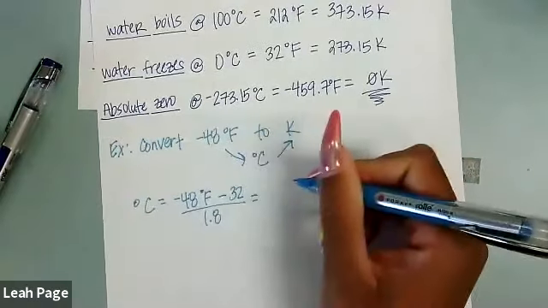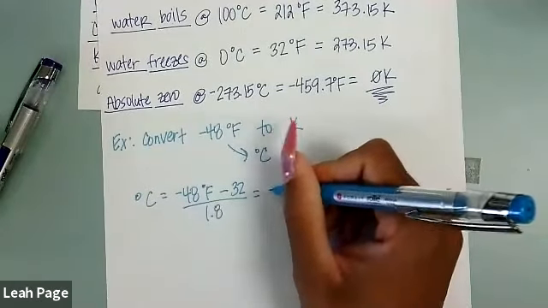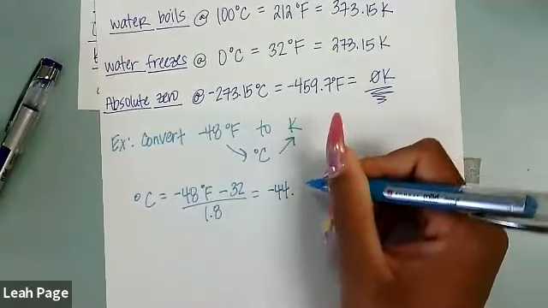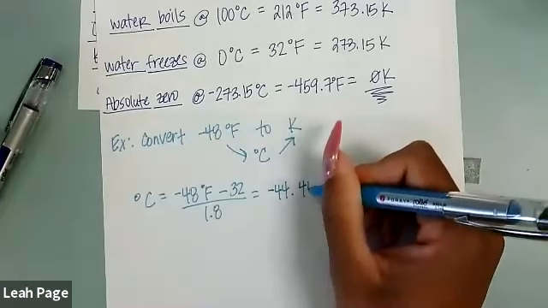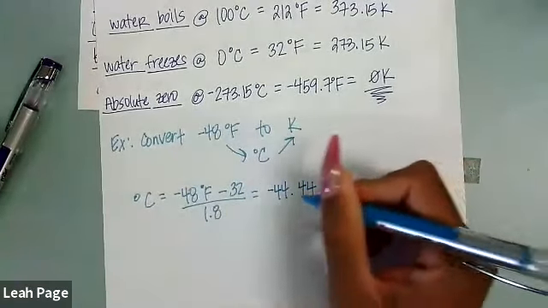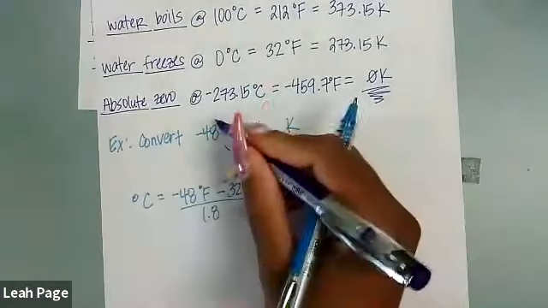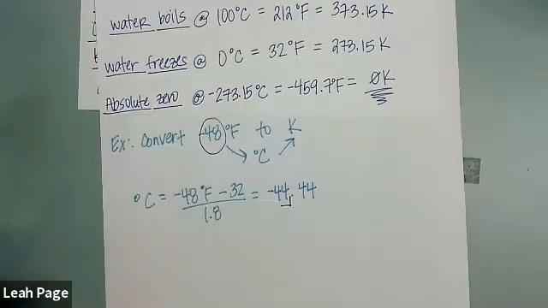Let's not round it to the end. So just tell me what you got in your calculator. -44.4 repeating. -44 point, I heard somebody say it. 0.4 repeating. Yeah, 0.4 and so on and so on. So that's going to give me my degrees Celsius, but I need to make a note to myself, I started with 2 sig figs. Let me stop with 2 sig figs.